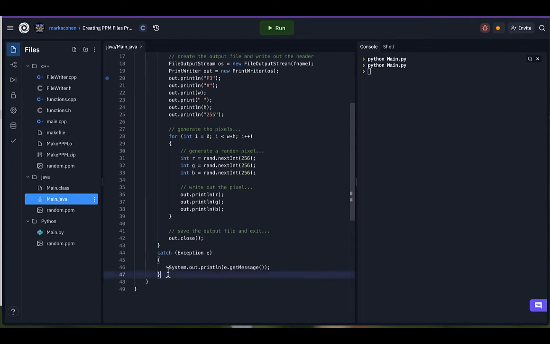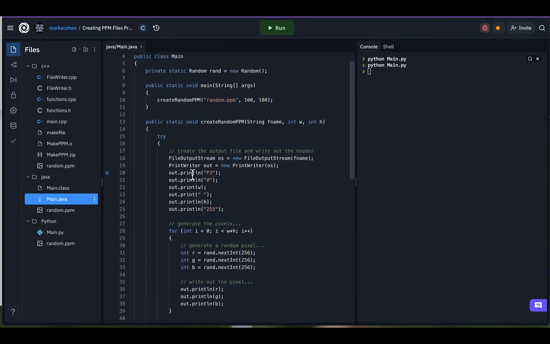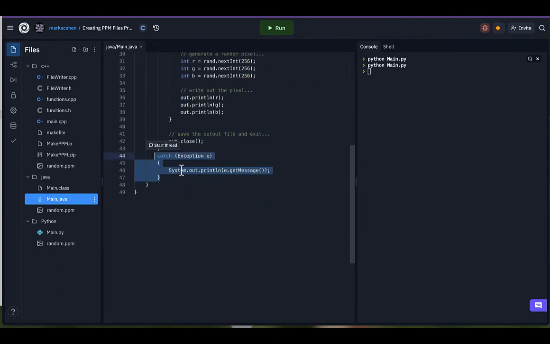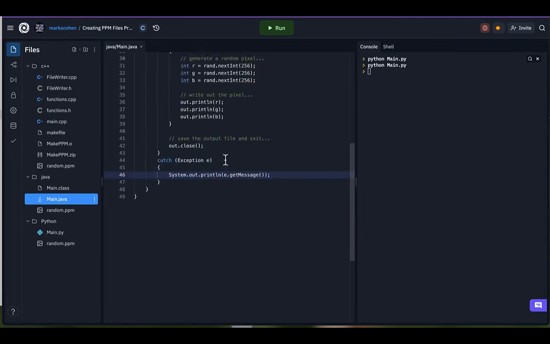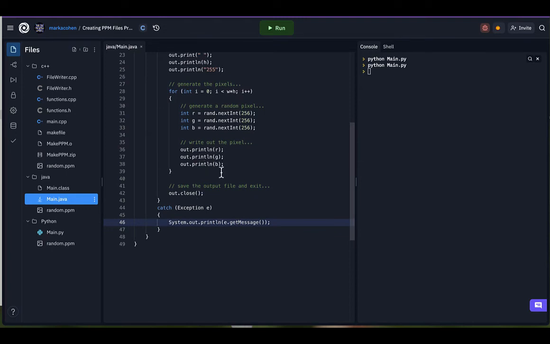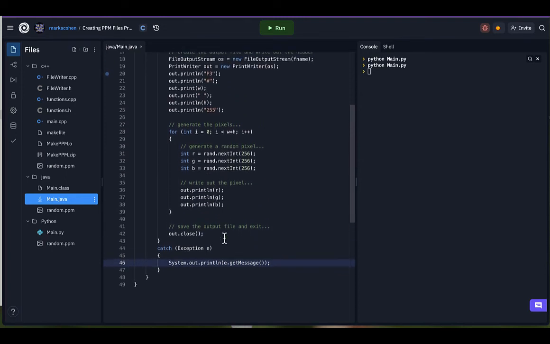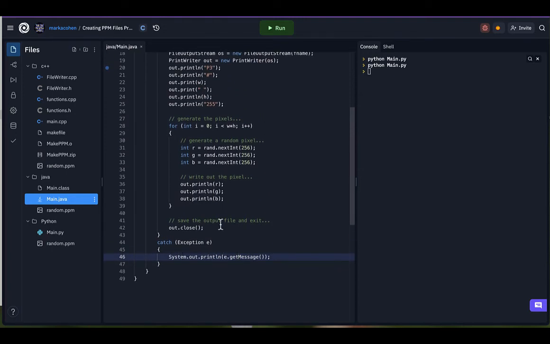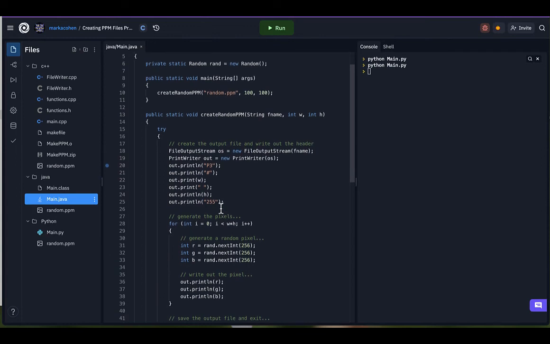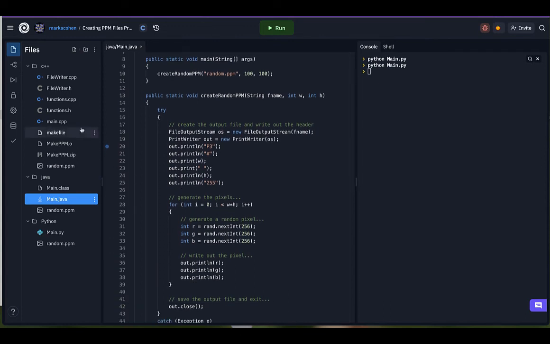And in Java, you can do some exception handling here so that you can try and then catch any file errors that you might get. Any errors really in general, but the one you'd be expecting here is some kind of file error. So that's your Java solution. Very nice. And now our C++ one,